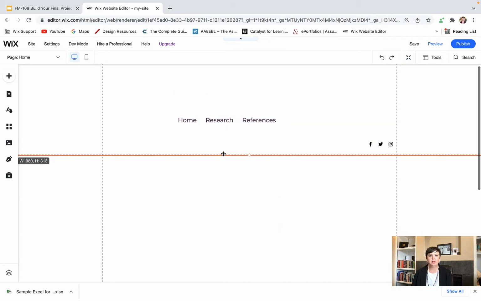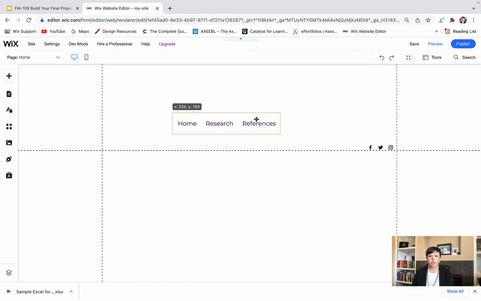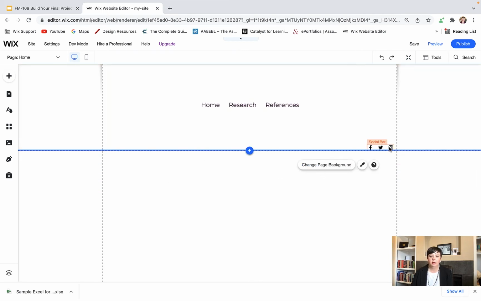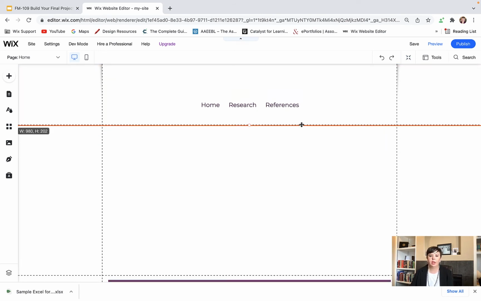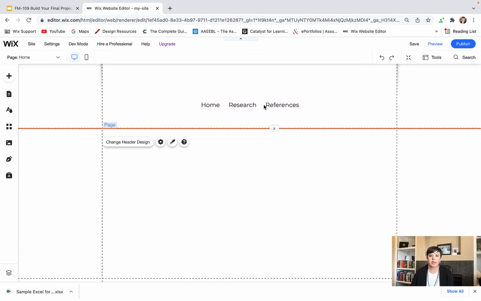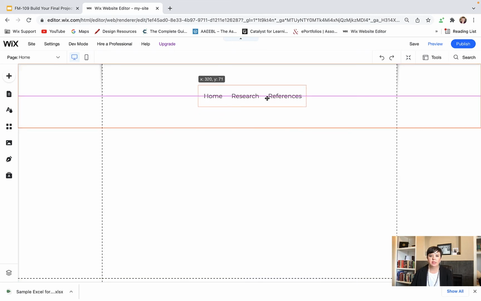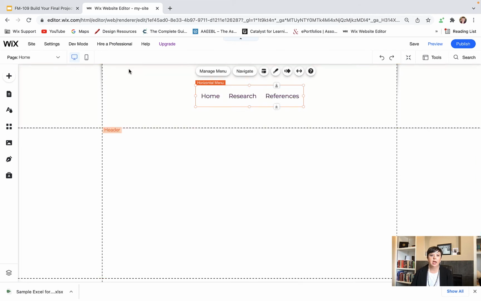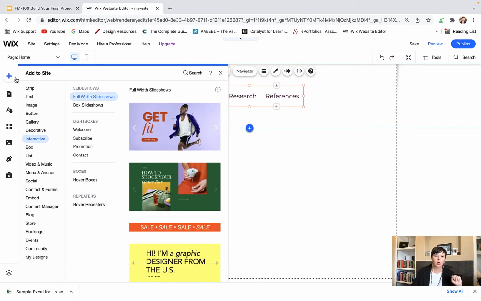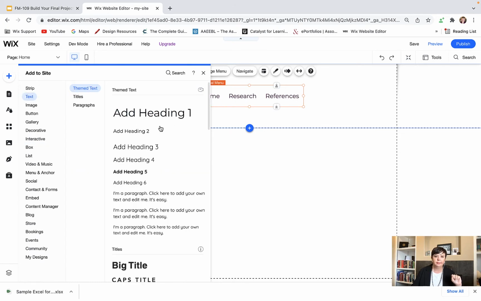And again, this header is a little big, so I want to adjust the size of it. I don't think we need this social bar, so we can go ahead and delete that if we'd like to. Now we can resize a little bit more easily. I'll move this to more of the center. That looks good. And then you remember I had a little thing over to the side here that said FM 109, just as a way to anchor the project, let people understand, oh, this is from this class, interesting. So to add some text to my header, I'll go over here, click on text,